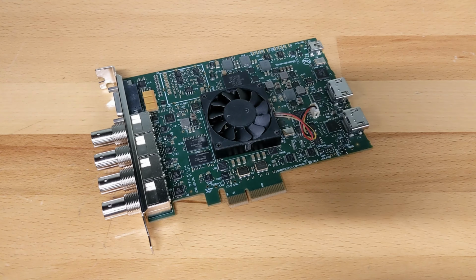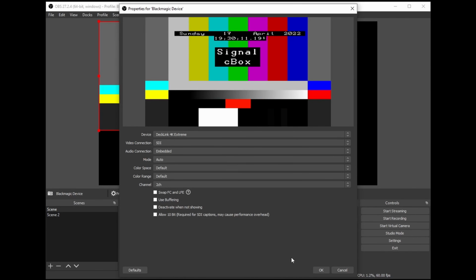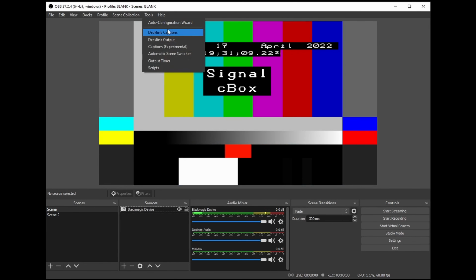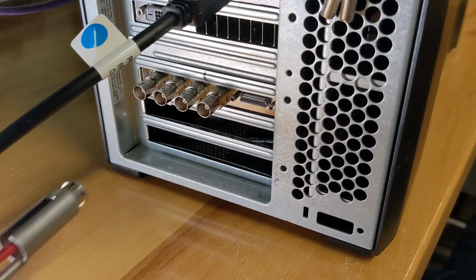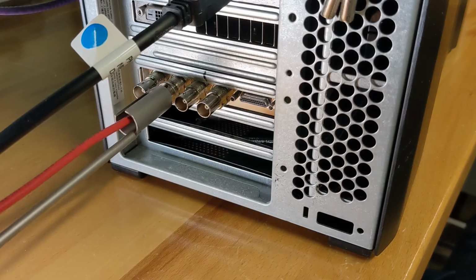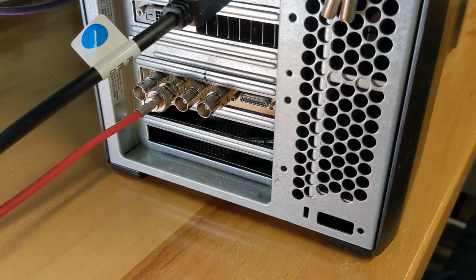Without the proper equipment, the dialog for the Decklink Captions tool won't let you do much until you get a Blackmagic card installed and configured as an input into a scene. Once configured, the Decklink Captions dialog will now let you pick the caption source to be used for the stream. Once the appropriate source is selected and is being provided with a video signal containing embedded closed captioning, you're ready to give it a try.